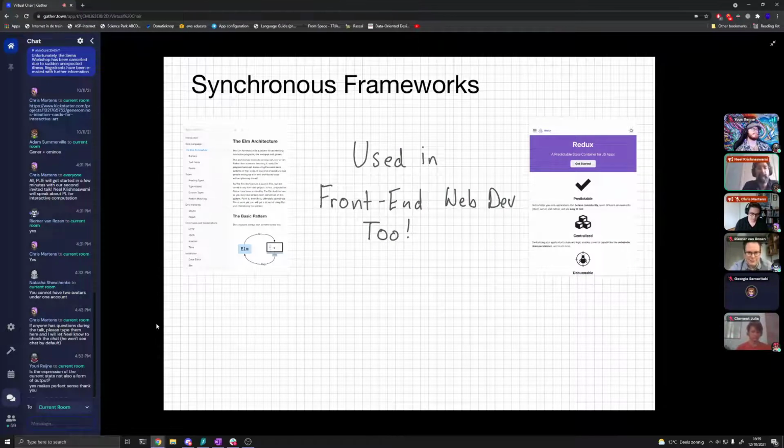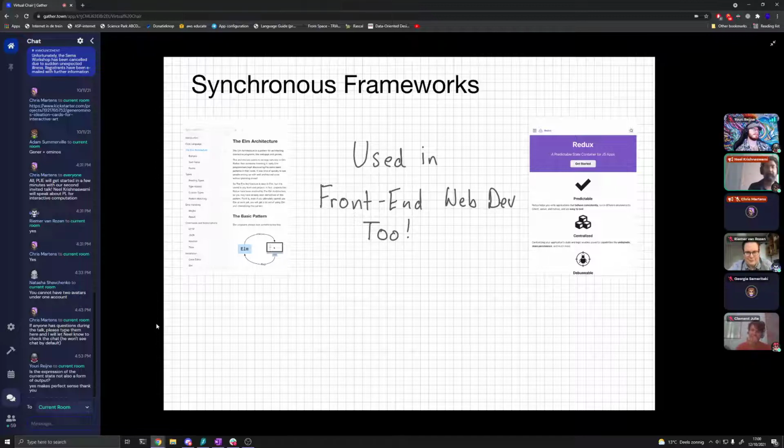So if you program in the Elm programming language, which is a functional language that's used to some extent in front-end web dev, it has what's called the Elm architecture. And the basic idea is you have a state and then a big loop that receives events, processes them, and then emits updated HTML documents, which is the new state of the output of the web page. And ideas from Elm were adopted even in very popular toolkits like the Redux state management for React. And so this turns out, when it's applicable, to work really well.